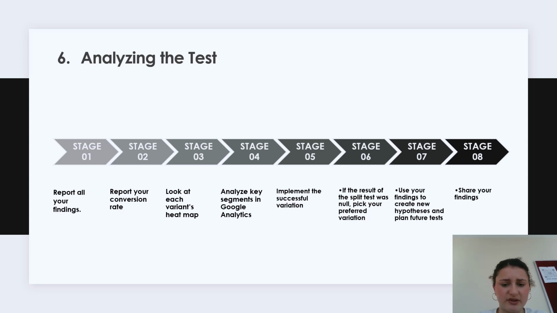The fifth one is implementing the successful variations. The sixth one is, if the results of the split test were null, pick our preferred variation. The seventh one, use our findings to create new hypotheses. And the 8th one is to share our